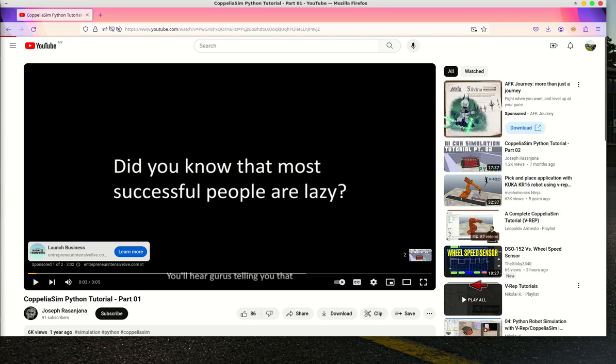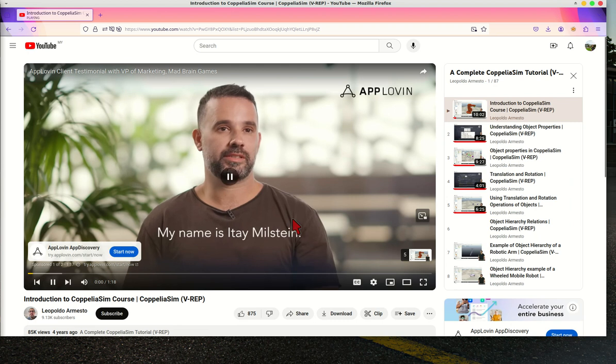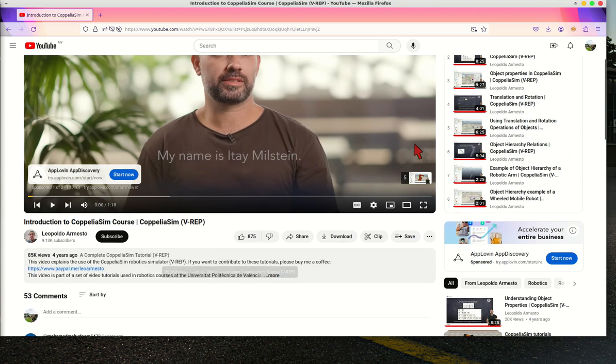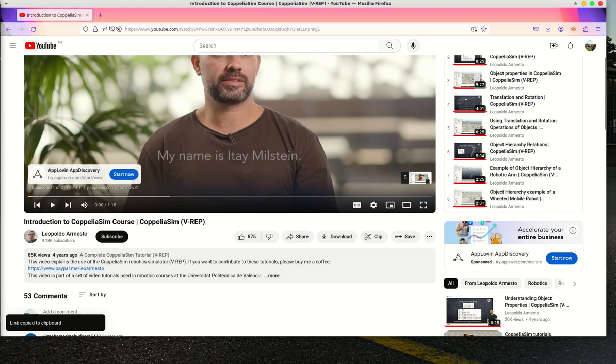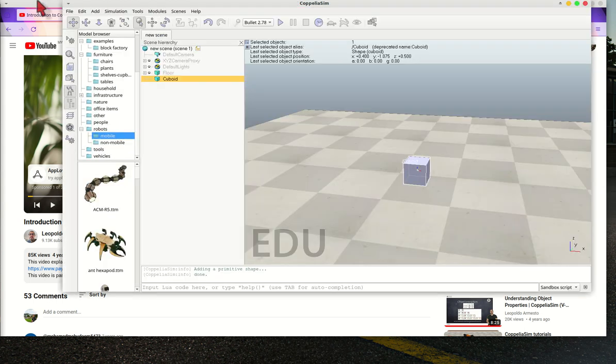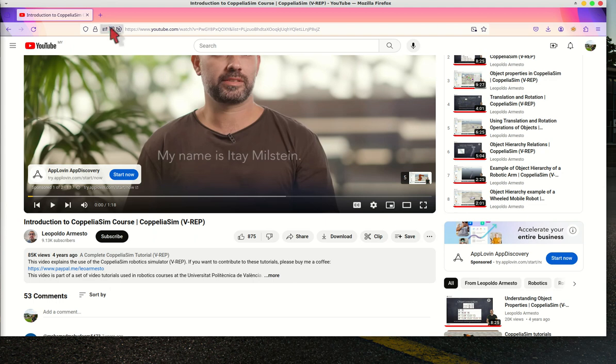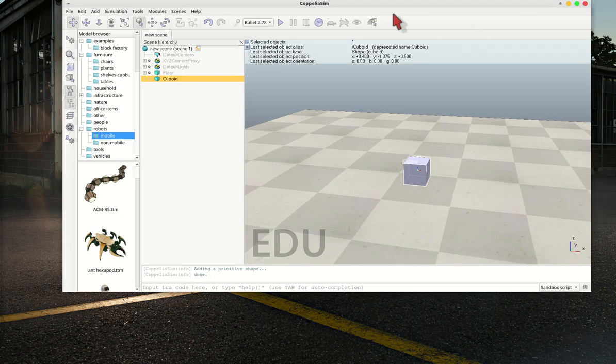This one. Tutorial from Itai Milstein. I'll give you the link to this tutorial. That is some of the online tutorials that you can refer to when playing around with CoppeliaSim.